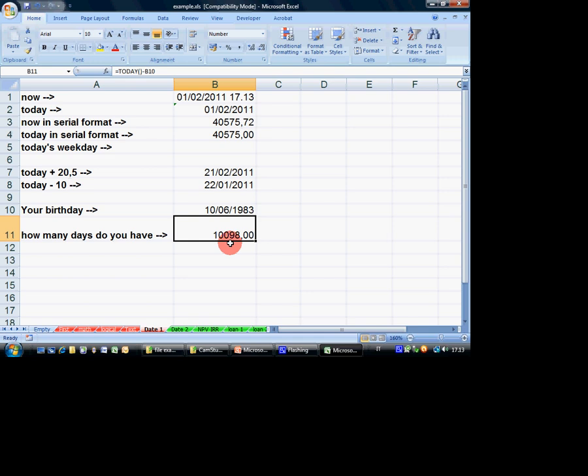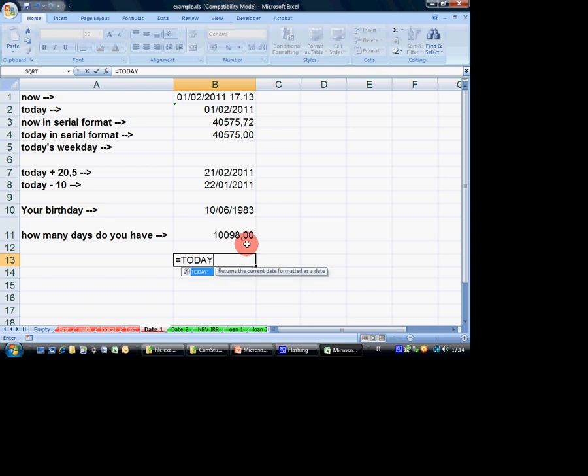So the three basic operations you can do: adding days, subtracting days, calculating the difference in days between two dates. And this is everything straightforward. However, what happens if I ask you, please take today and go on for 3 months? You should go on for 3 months. Well, the easy way is to type plus 90. But you know, not every month has 30 days. Some of them has 31, some 28, and some 29. So 90 is not precise. Okay. In order to solve the problem, there are more advanced functions that we will see